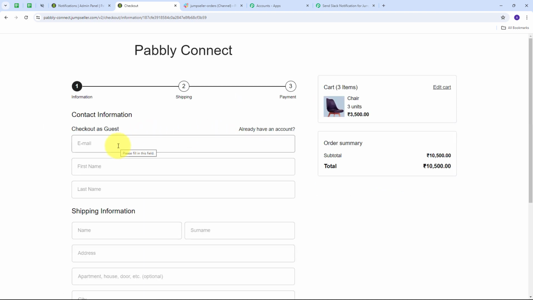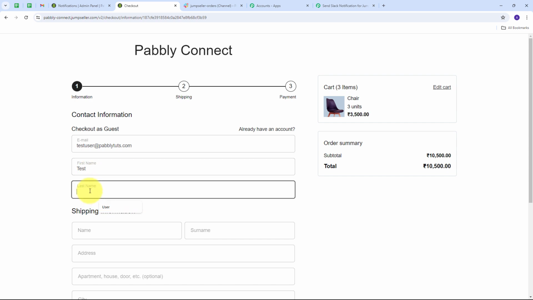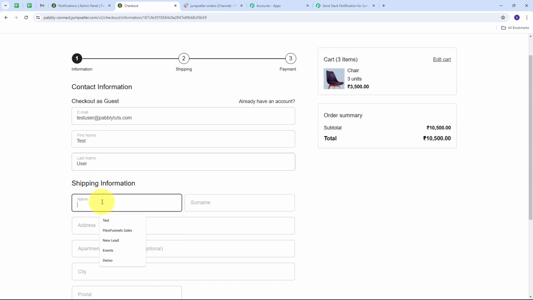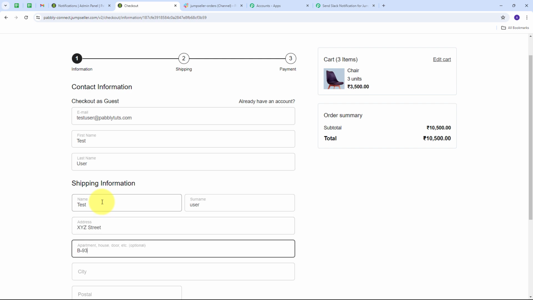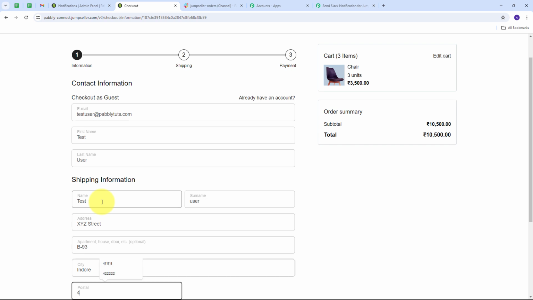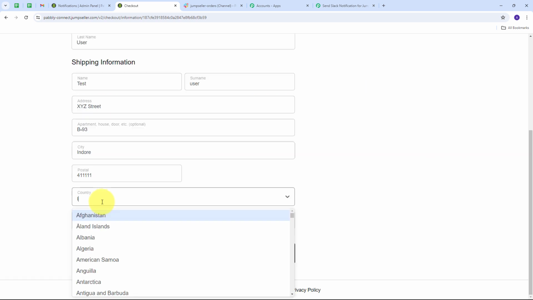and I'm going to fill all these details. Now here I need to give an email, so my email will be testuser@pabblytudes.com. I'm going to give a first name, so my first name will be test, my last name will be user. I'm going to give shipping information, so here my name will be test, username will be user. I'm going to give an address, so my address will be XYZ Street, B93, my city will be Indore. I'm going to give a random postal code,